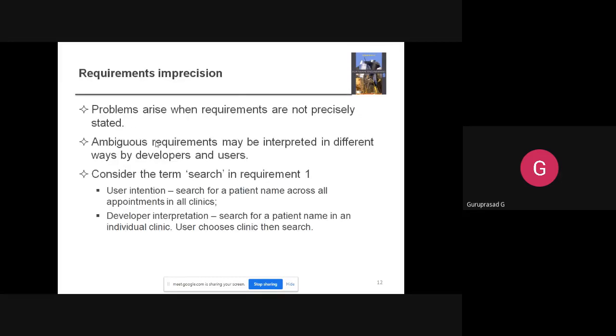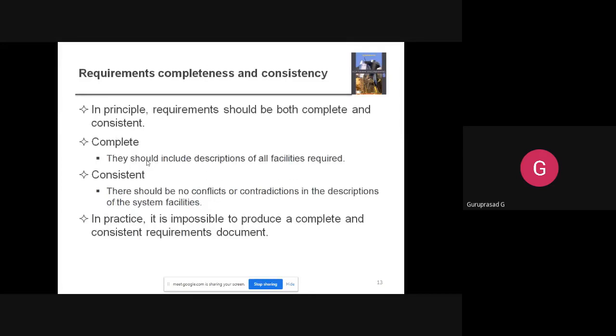No, but the problem I mentioned was the requirement imprecision generally. So this is the thing we have to remember. Imprecision in the requirement specification is the cause of many software engineering problems. Generally, the requirements collected are not precise. Why? Because the interpretation will be different. One person will interpret in one way, another person will interpret in another way. So this leads to ambiguity. Correct? So I gave the example.